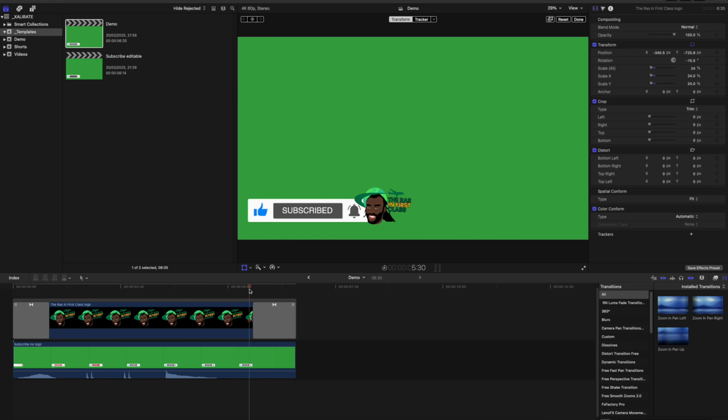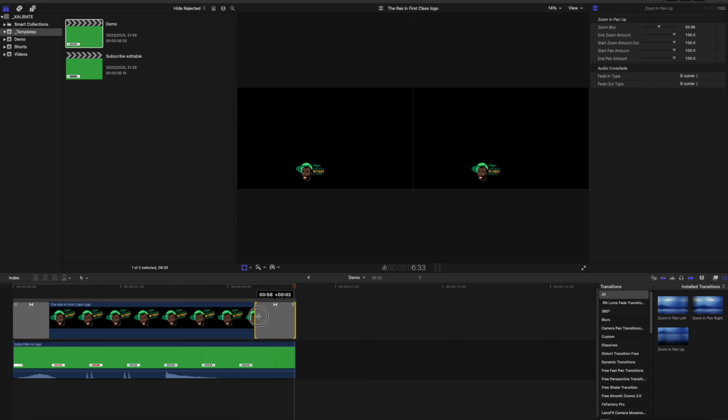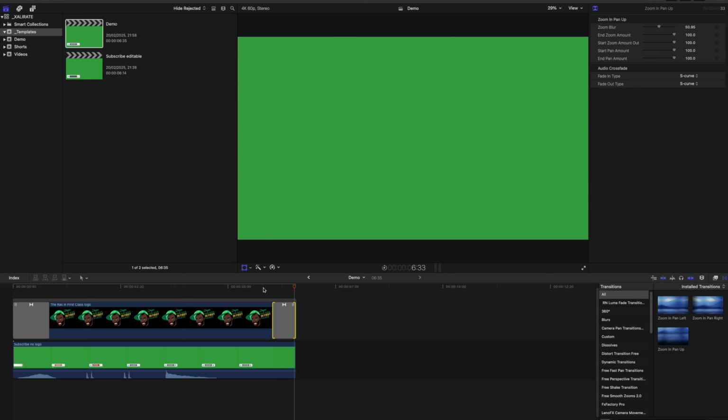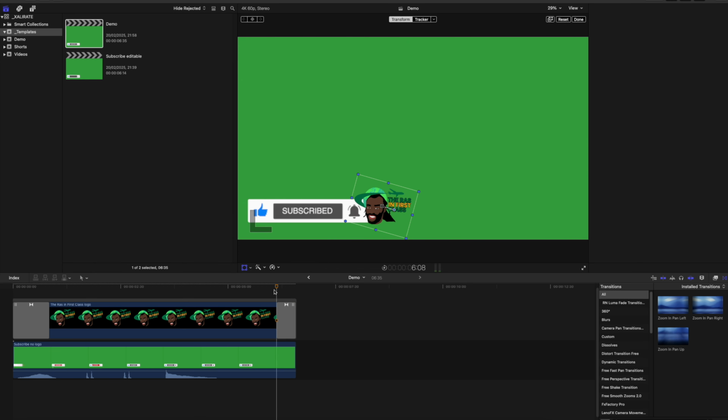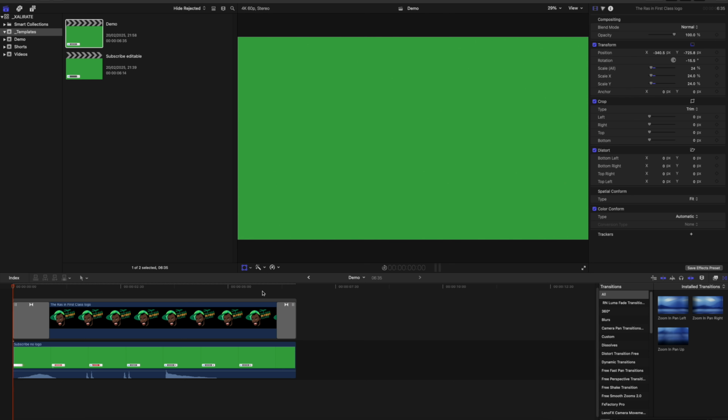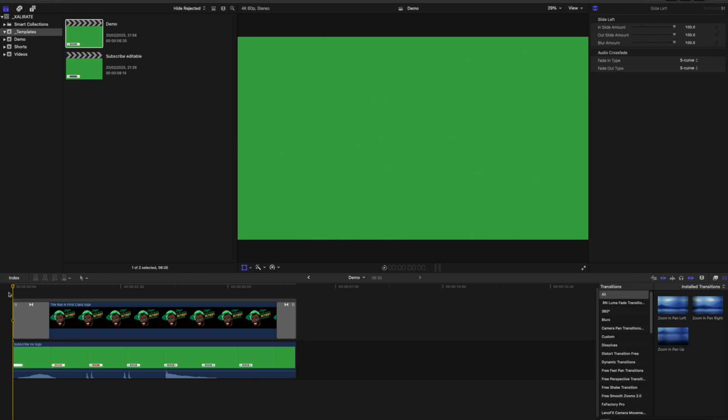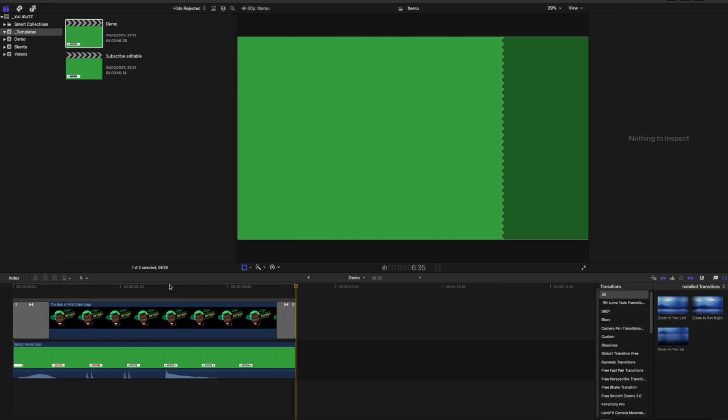So that looked really weird. That means this zoom transition is too long. So let's make that shorter. That was still a bit off. Okay, there we go. Now that goes away together, so that's perfect timing. Okay, let's watch that from the start. Nice. So once you're done and you're happy with it, you can just export it and then you can start